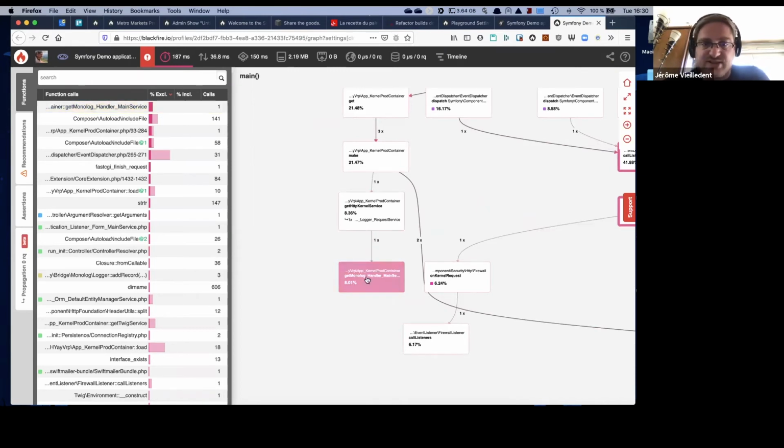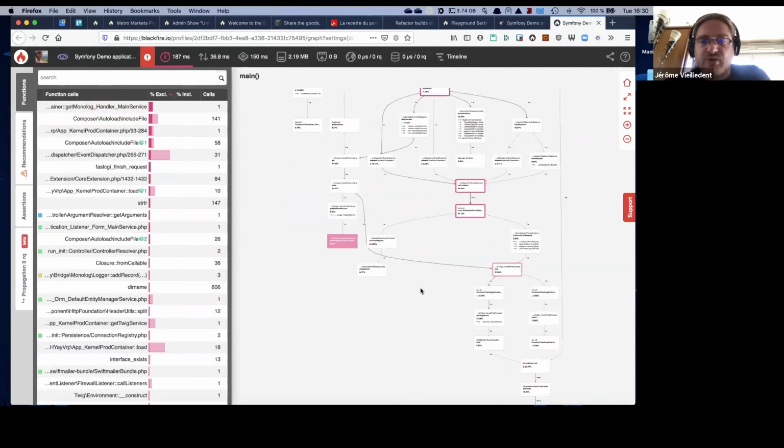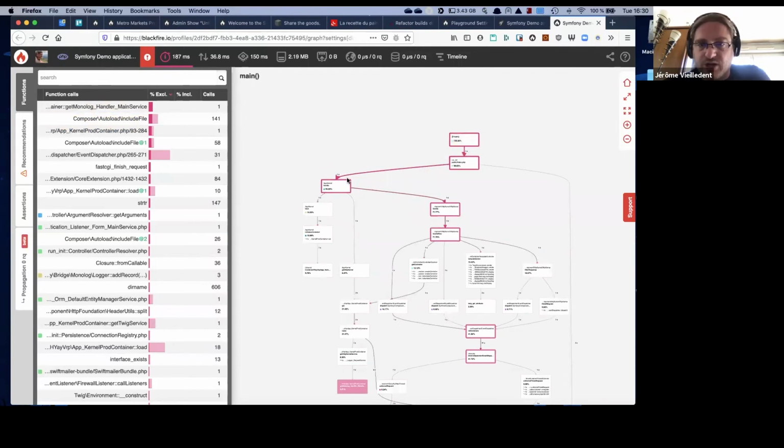It just represents the call graph, the function call tree, and the most costly methods of function calls are represented here. So you can browse the call graph from the top to the bottom and follow the hot path